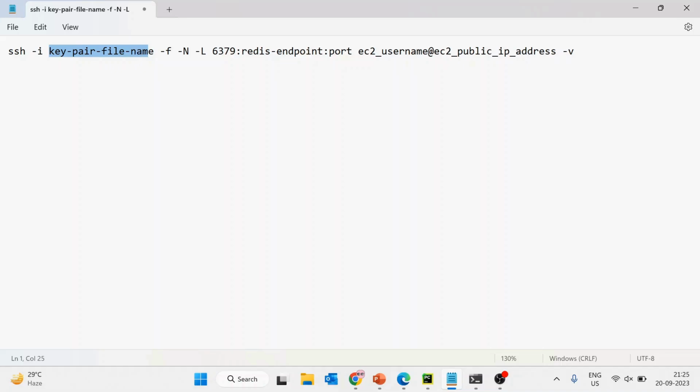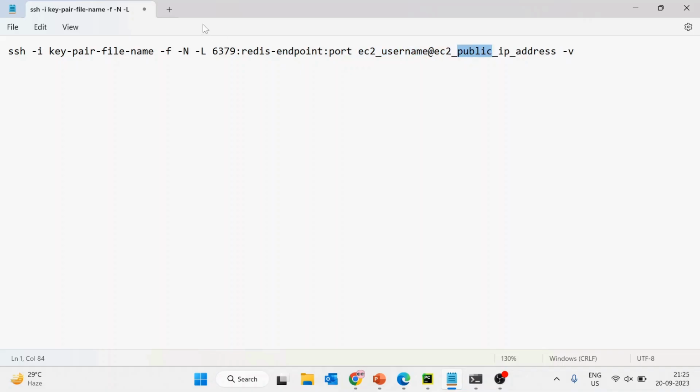Then after that come -f, -N and -L. Let's understand this -L first. What we are saying with this command is: any request coming onto the local machine on port 6379, just redirect this request to this endpoint and port, through this machine which has this username and this public IP address.